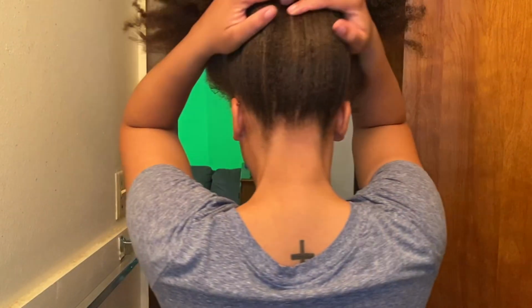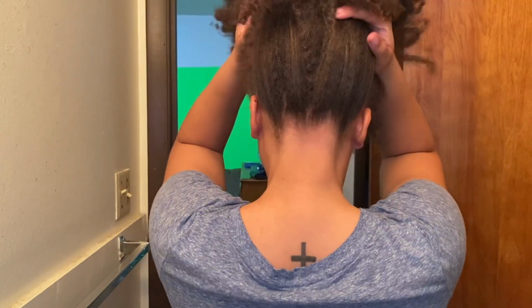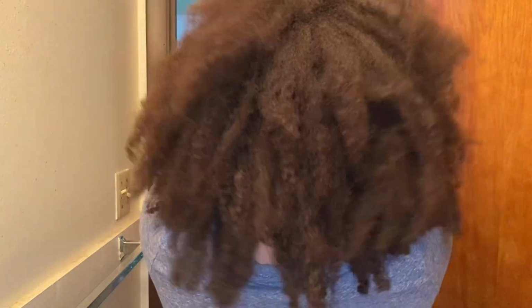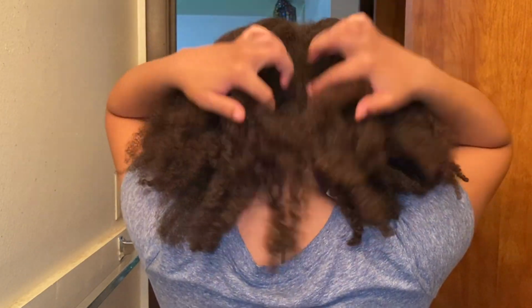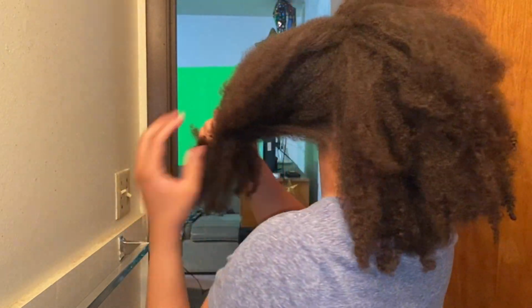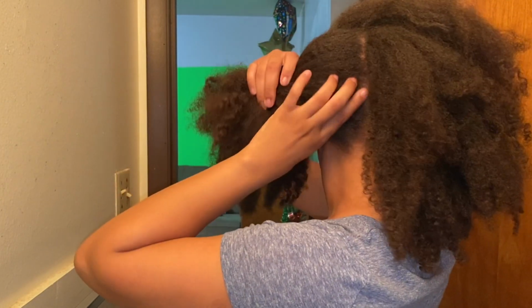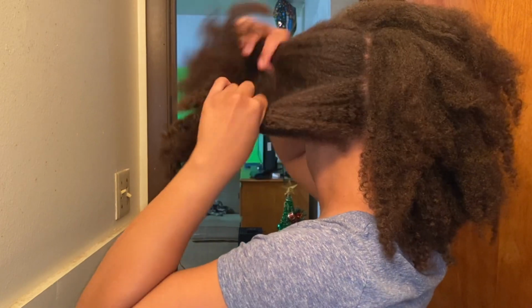So this is how I am starting this twist out off. This is how we're coming in the game, okay? So like I said, I like very dense natural hair products because, as you can see, my hair is very dense itself. So I start with parting my hair down the middle,